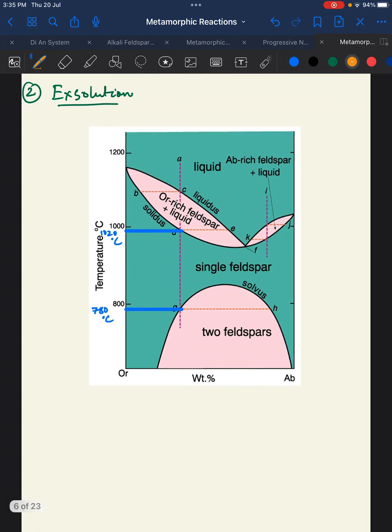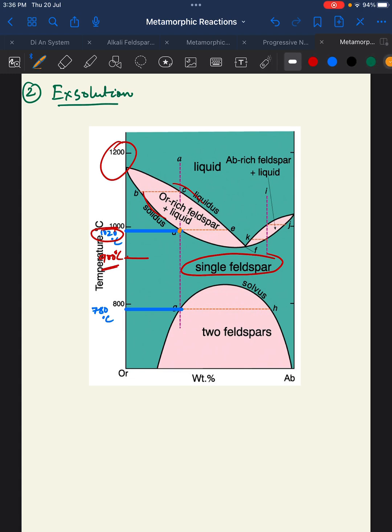So now we'll be moving to exsolution. We had already seen this diagram in the case of igneous petrology. We already know that at higher temperature we have a continuous reaction between orthoclase and albite, and feldspars are formed and they occur as a single feldspar. But if I change the temperature, since this was 1020 degrees centigrade, this may be around 900 degrees centigrade, and I now reduce the temperature,